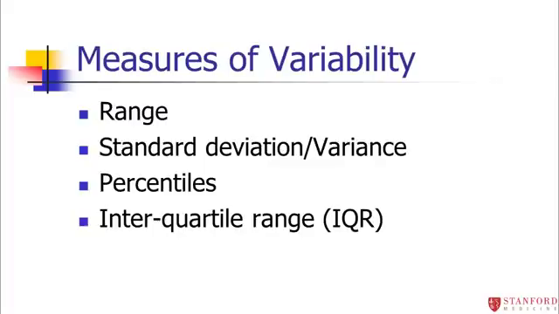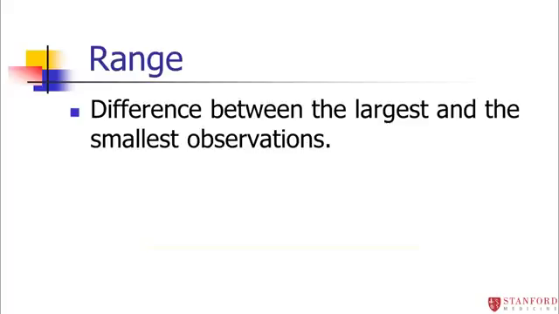The most common one that we use is something called the standard deviation that we're going to talk a lot about. We also might talk about the variability or spread of the data in terms of percentiles or something like an interquartile range. So the range is easy because it's just the difference between the largest and smallest observations, but